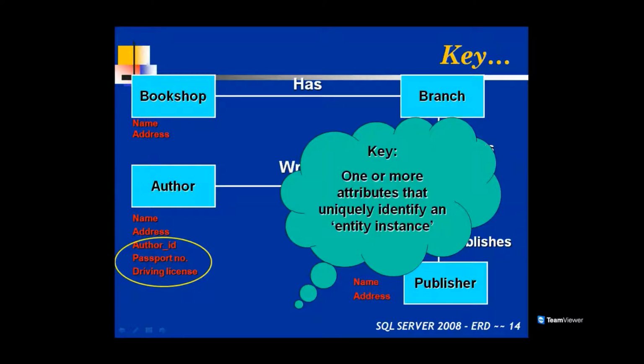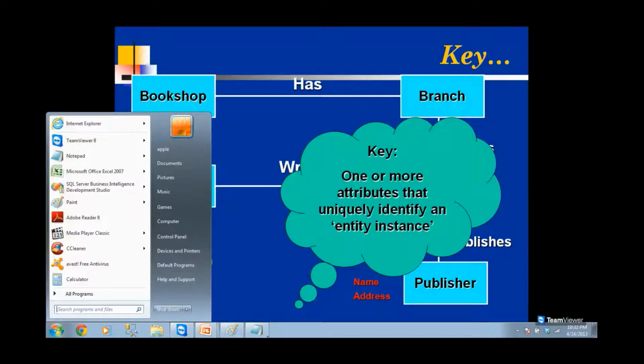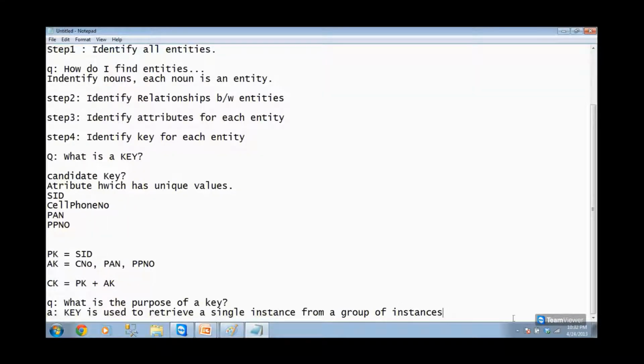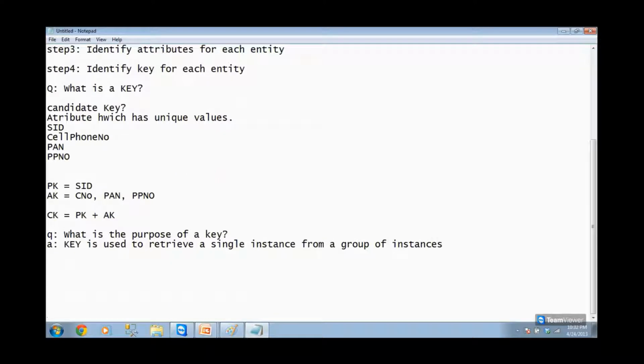For example, you are traveling in a train, and your friend says, hey, today I'm going to go by train, please come to the railway station and let us meet. Then I say my seat number is 22, please come there and meet. So can he come to the station and meet? You told only your seat number. It is very, very difficult for him to find you in the 22.